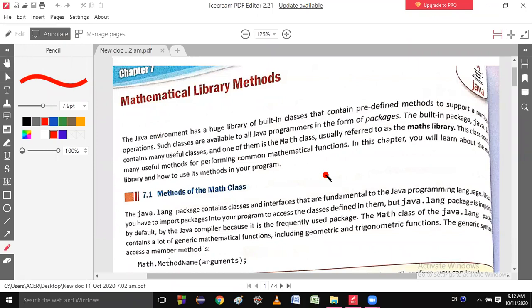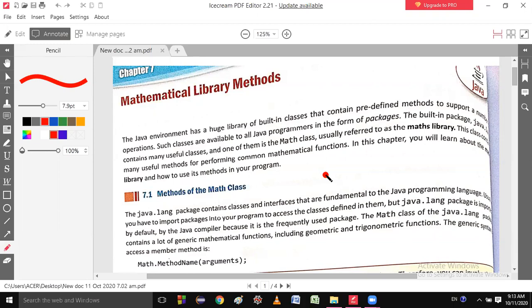Okay. So in Java, some packages are there which we do not need to import. That means by default they are imported. Can you understand what I'm saying? Suppose you want to use the Scanner class, then you just import java.util.*.